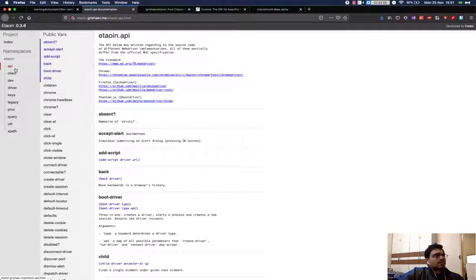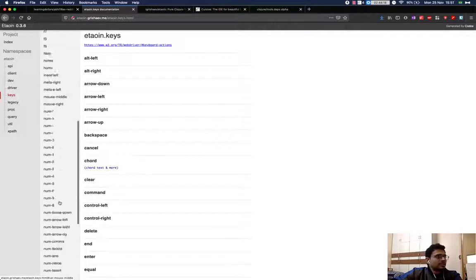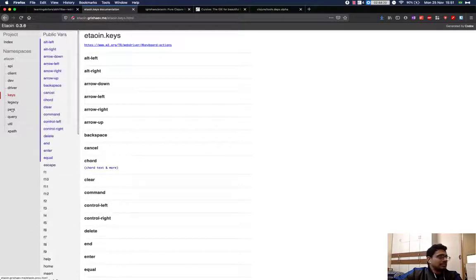So it has a lot, it has many aspects. You can use CSS path, you can use CSS selectors, you can use XPath, and you can also use the keys aspects. So this is used for basically browser interaction, mocking user interaction with the browser. So you have many kinds of keys here, so this should work. Another thing is you have